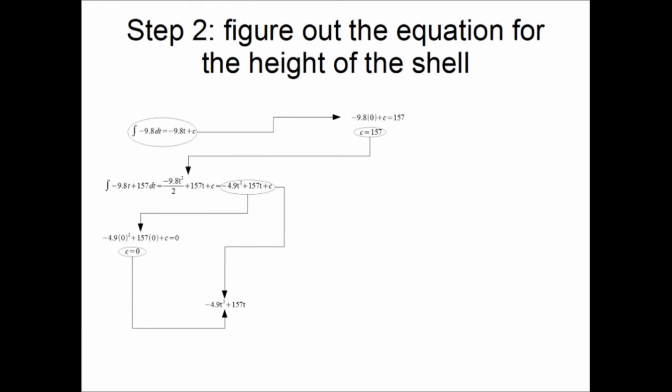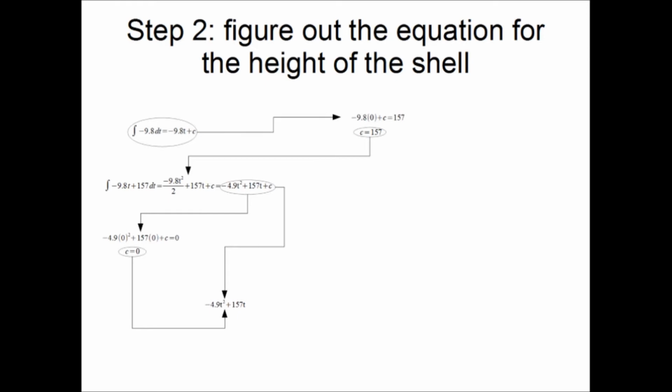In order to do this, we start by determining an equation for the height of the shell with respect to time. And this next part is pretty complicated, so hopefully the arrows I've added to the diagram will help you follow the process. We're going to start with what we were given. The acceleration due to gravity is negative 9.8 meters per second squared. This can actually be considered to be the second derivative of a position function for the height of the shell. Because the acceleration function can be considered the second derivative of the position function, integrating it twice should yield that